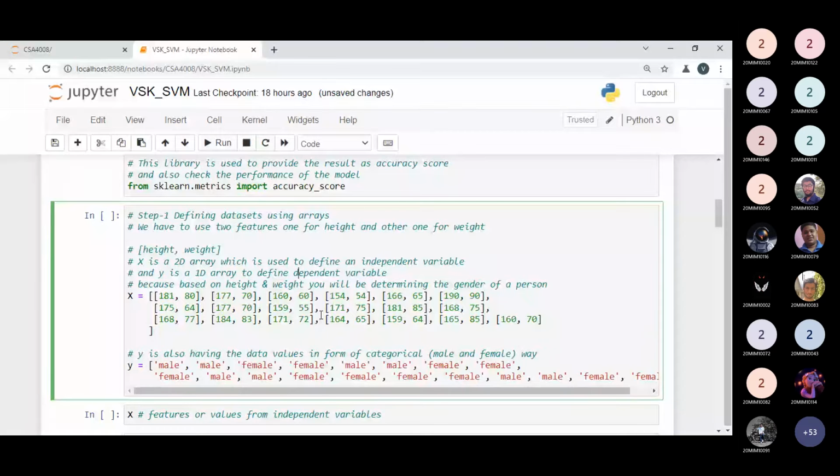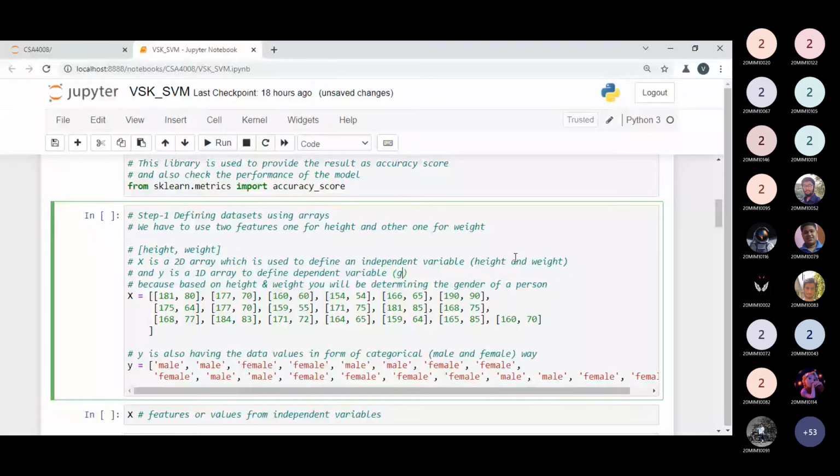Based on the height and weight you will be determining the gender of the person. So in X, the independent variable, we have the features, height and weight. Talking about Y, as the dependent variable, Y will keep the details of the gender.